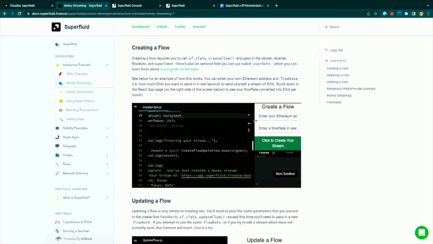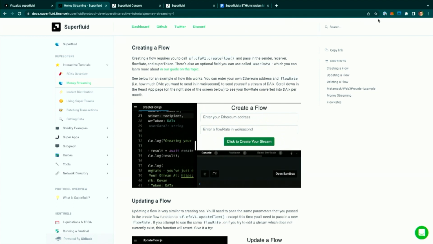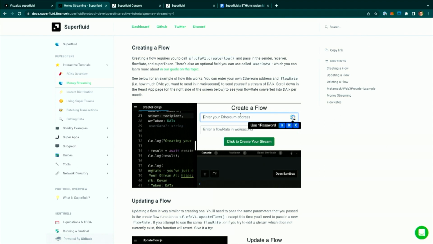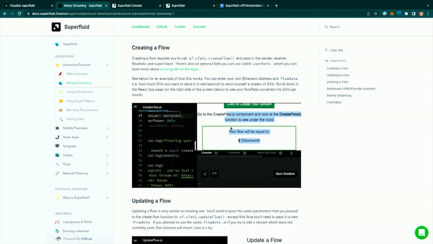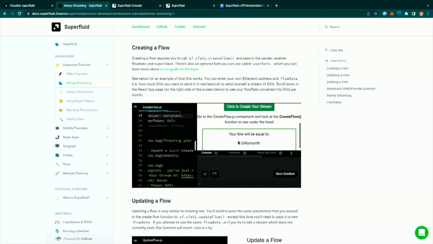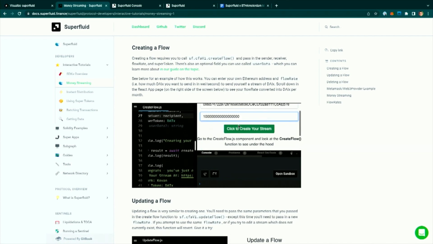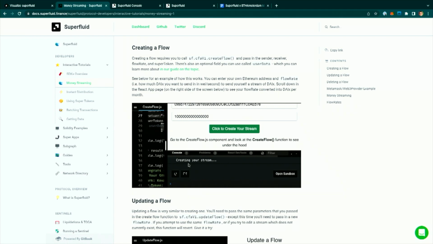So if I get one of my Ethereum addresses, let's see if we can pull this off here. I'm going to copy this, paste this in, and then enter my flow rate, which is, again, just in wei per second. And we'll calculate the formula down here for you to figure out how much this is per month. I'm going to enter in an amount. Something like this. We'll see how much this is. That's quite a bit. Let me cut that down a little bit. And we'll create a stream. The console will just register what's happening here. This is taking a second or two to create. So it's creating right now. Amazing, this was created for me.